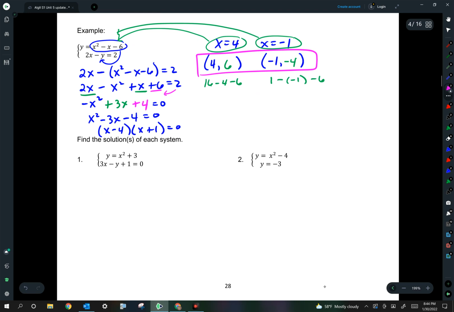Okay, so let's try another one. Look at number 1. Again, this is completely set up for me, right? It's already solved for y. So I'm going to put this x squared plus 3 in place of the y in the other equation. So I've got 3x minus, again, put it in parentheses because we're going to have to distribute that negative. I still have plus 1 equals 0. So if I distribute my negative,